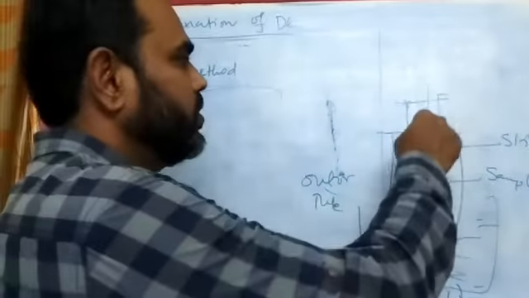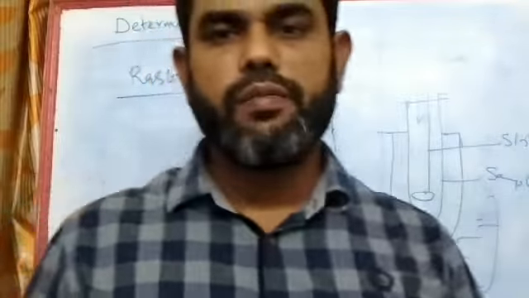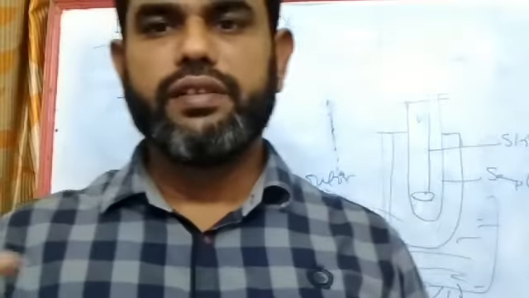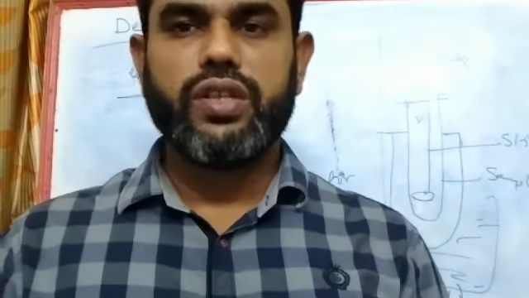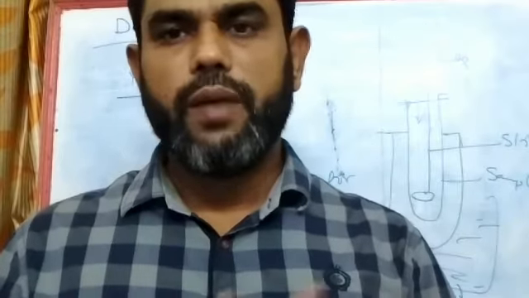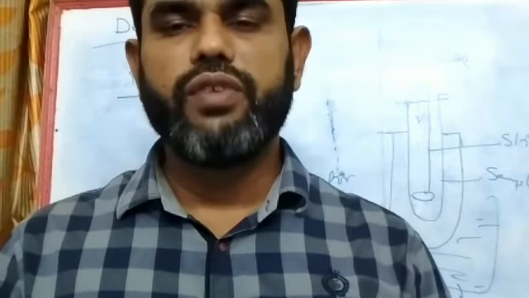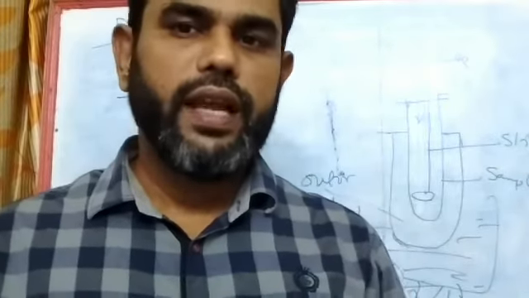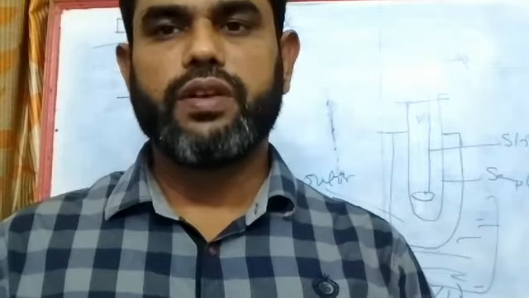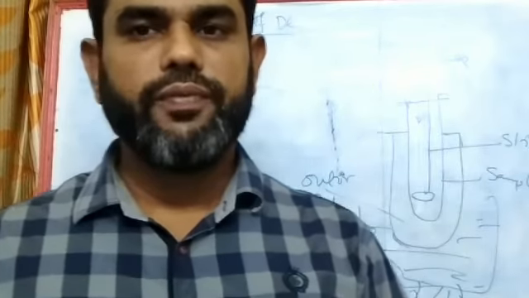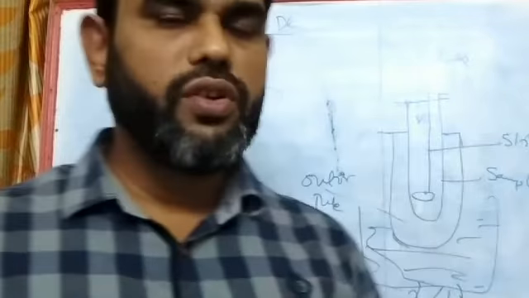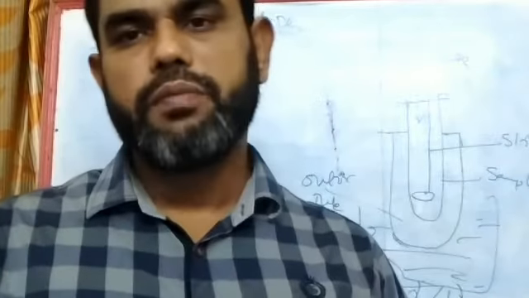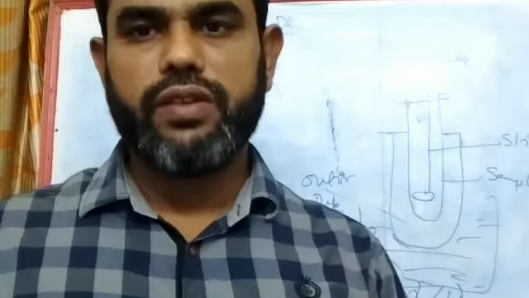Next you add a little amount of solute to this, completely heat the solution, and make it into a uniform concentration with continuous stirring, so that the solute becomes completely mixed with the solvent and you get a uniform composition of solution. Then you take a little amount of the frozen solution, put it in a normal melting point tube in the melting point apparatus, and find out the melting point.